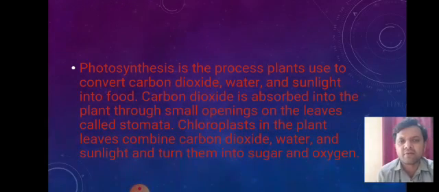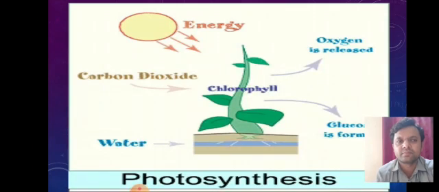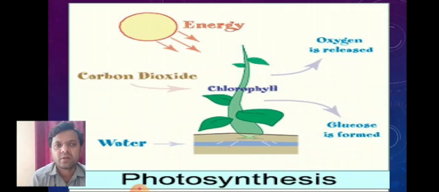Now let us see the diagram once again. Sunlight is absorbed by the leaves as they have chlorophyll in them. Water is absorbed by the roots, obviously. Then carbon dioxide is absorbed by the tiny pores, stomata, present on the leaves, and with the help of sunlight they mix the carbon dioxide and water and prepare food. The process is called photosynthesis, and we get the products of photosynthesis, glucose and oxygen.